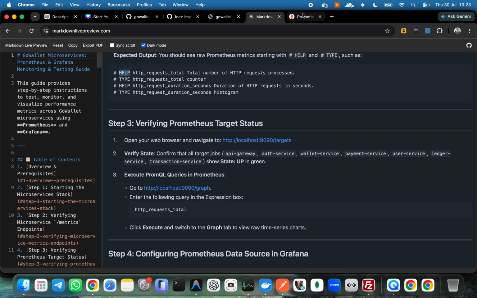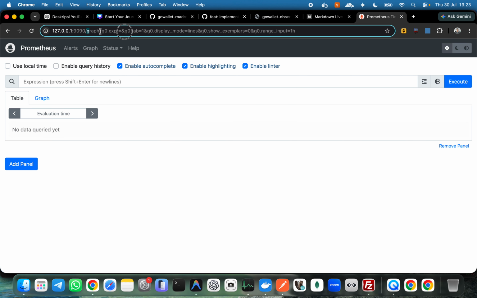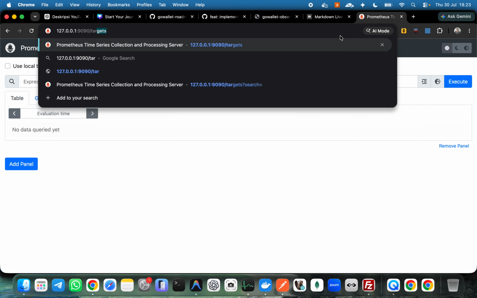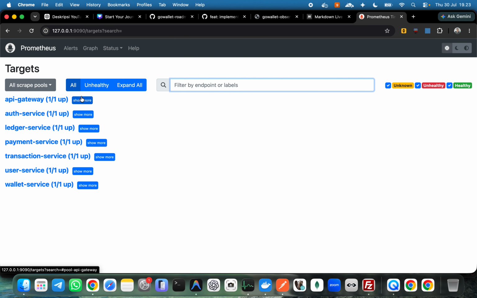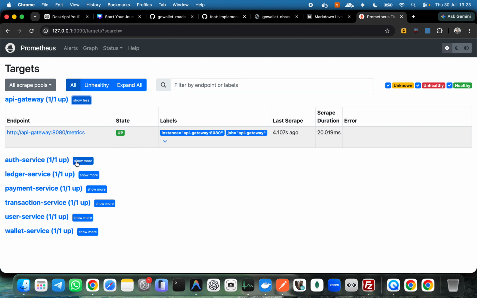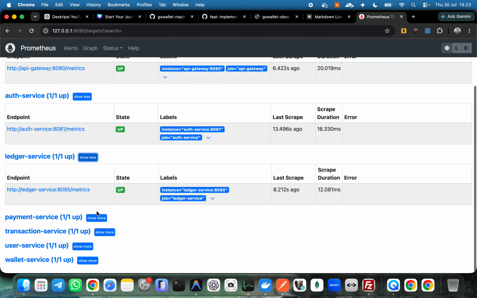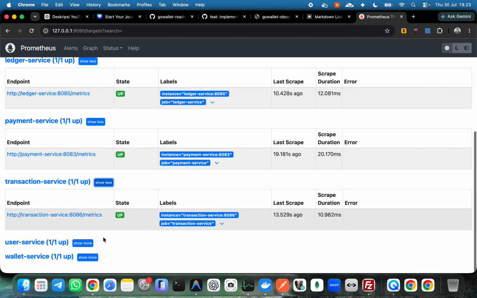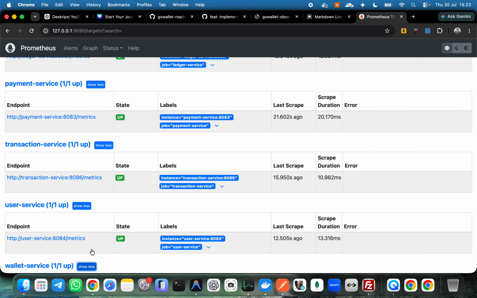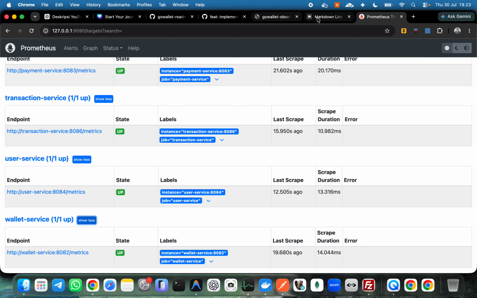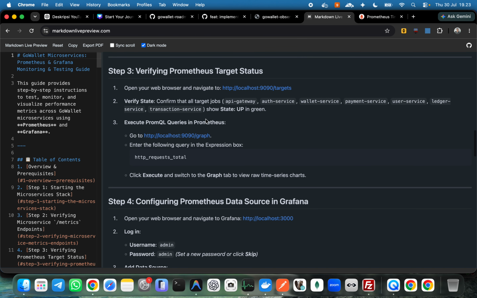Prometheus targets, this one. So we have show more. Here is up, and all of them is up. I think this is good if we have up for that. So it shows that it should be up in green. Yeah, and then we go to the